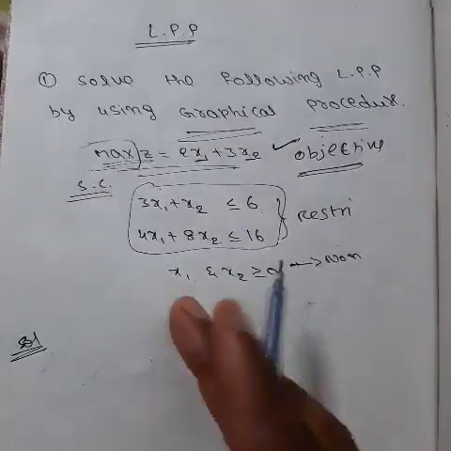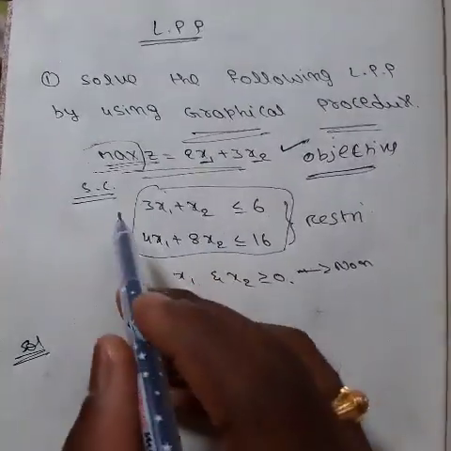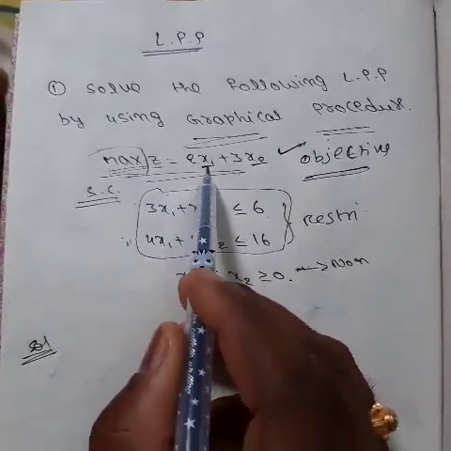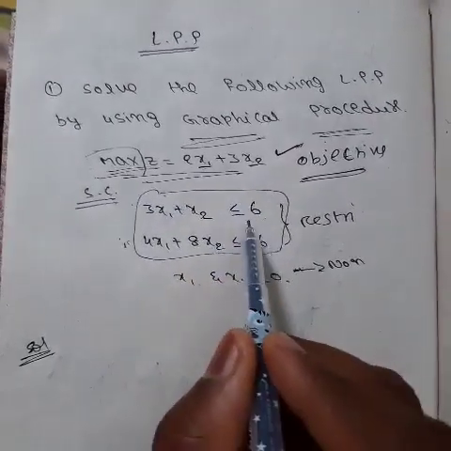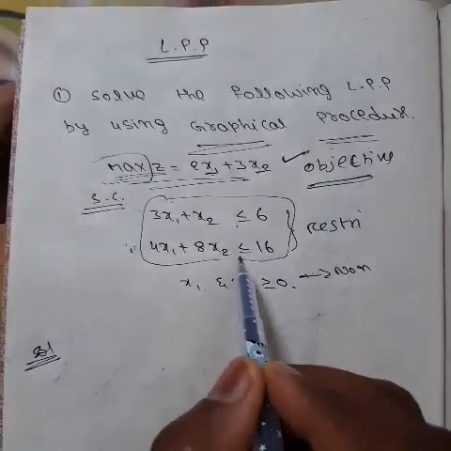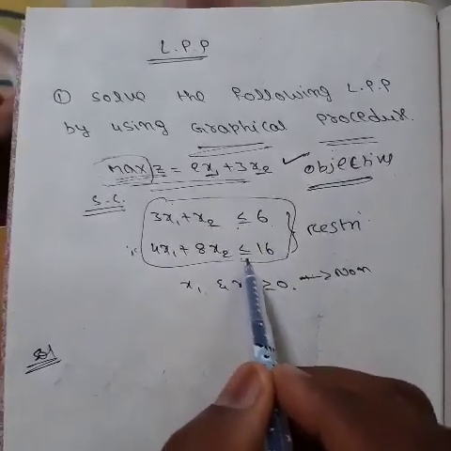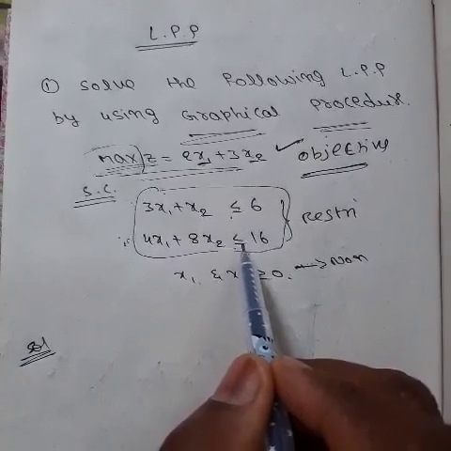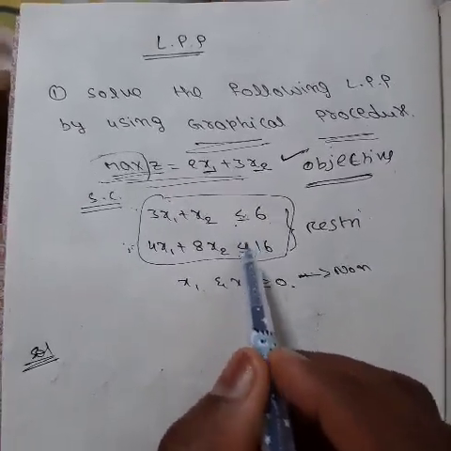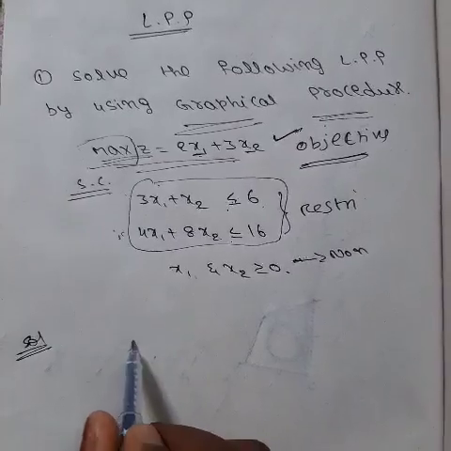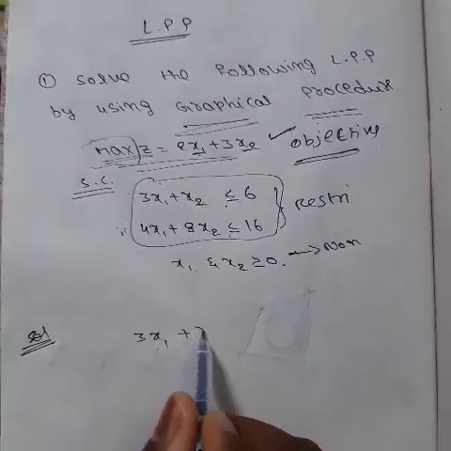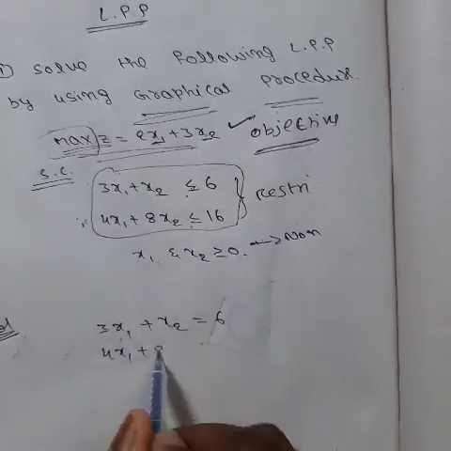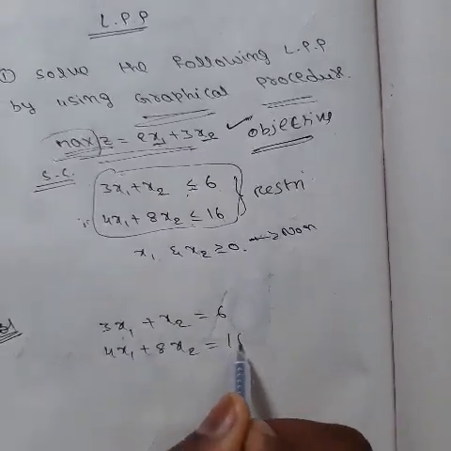So how do we solve this problem? Let us consider these two equations. Basing on these two equations, we have to find the values of x1 and x2. Since there is less than or equal to, these are called inequalities. If there exists less than or equal to, we cannot resolve any equations. So let us consider these as equations by converting them into equal to's: 4x1 plus 8x2 equal to 16.